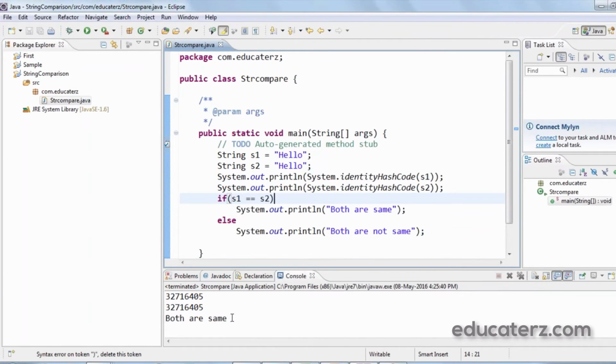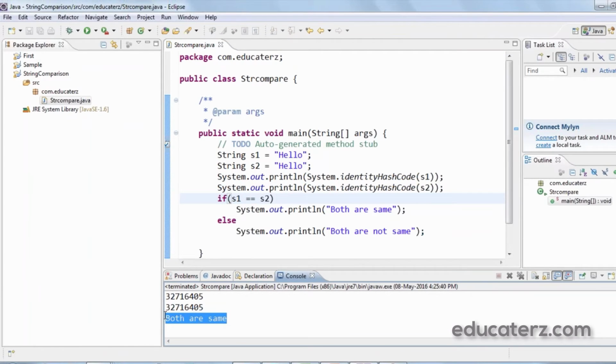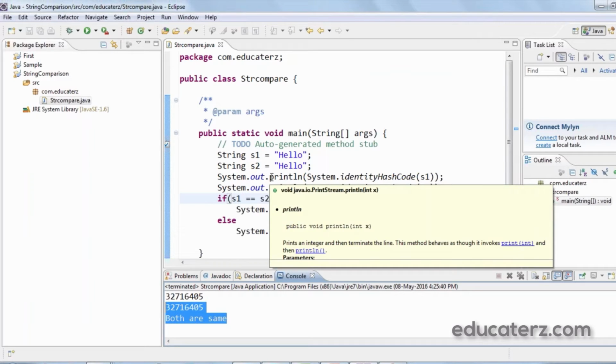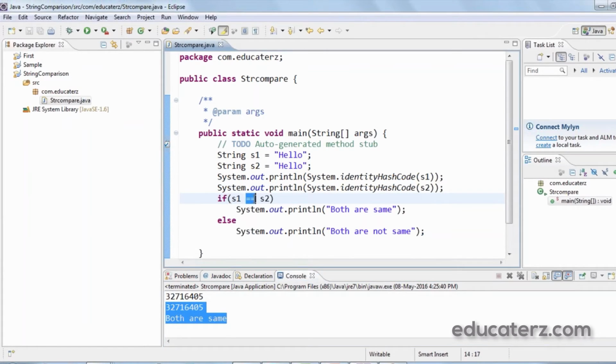Here you can see both are same. The reference numbers are the same, and it is printing both are same. That is, even though I have created both S1 and S2 using the single assignment operator, and even though I'm using double equals, which actually compares the reference numbers, it gives this output.